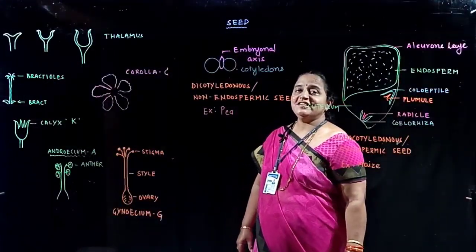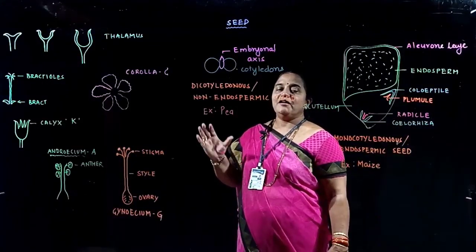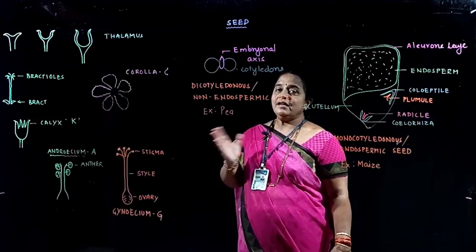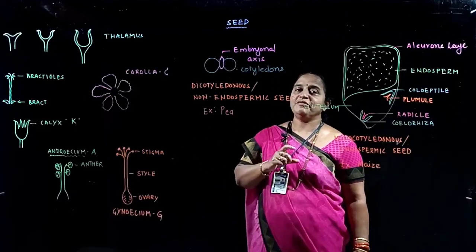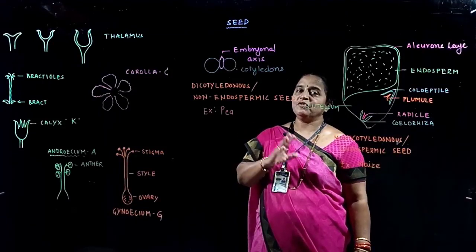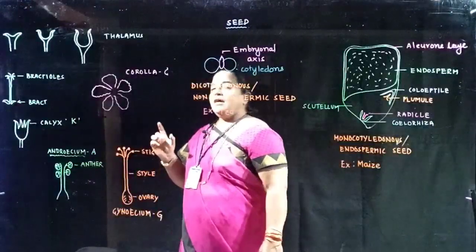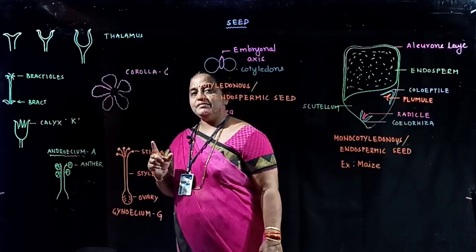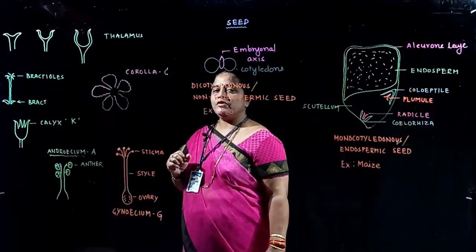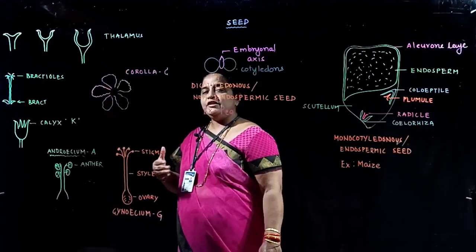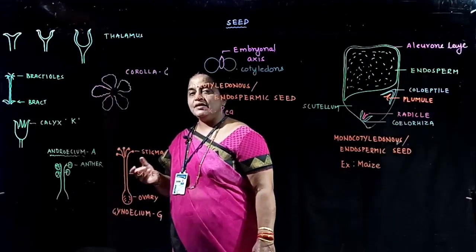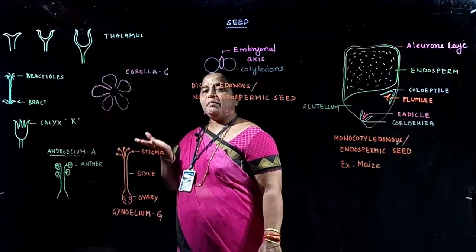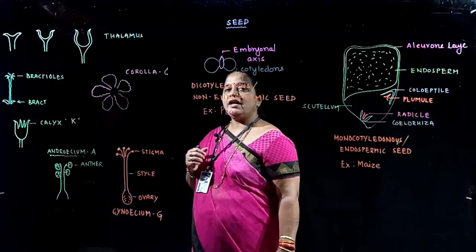Students, in this session I'll just brief you once again about the parts of the flower forming floral whorls and the next part of the morphology of flowering plants about the seed and types of seeds. As we know, a flower grows in the axil of a leaf, or it grows at the apex of the stem. It is a modified shoot for sexual reproduction.